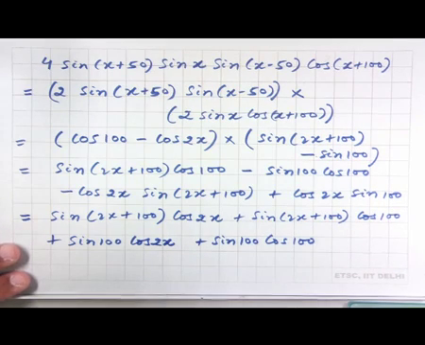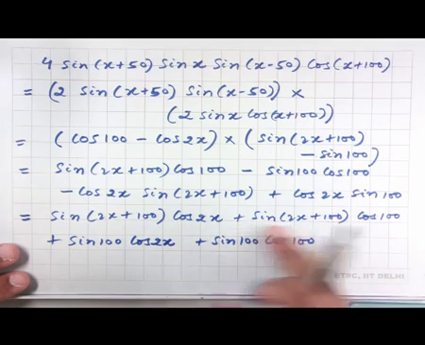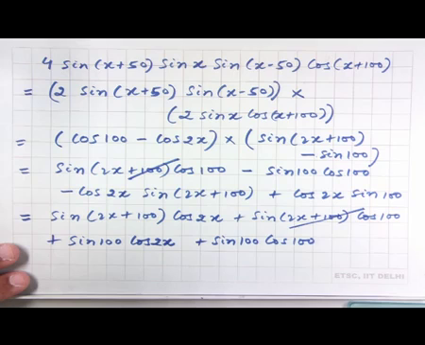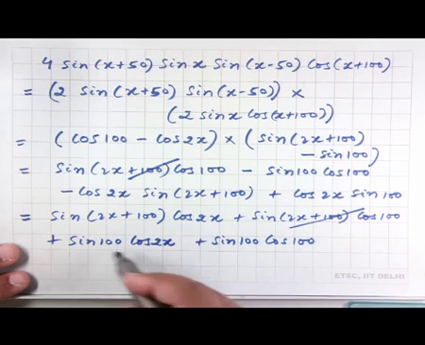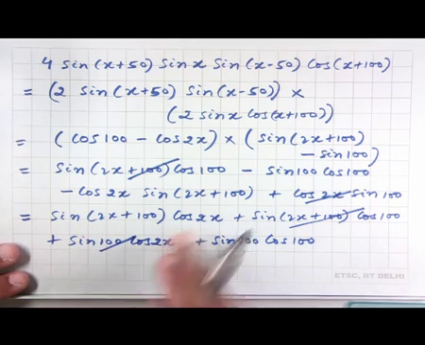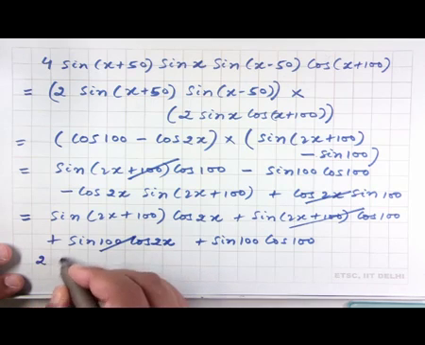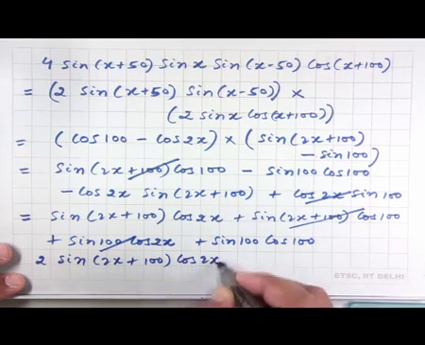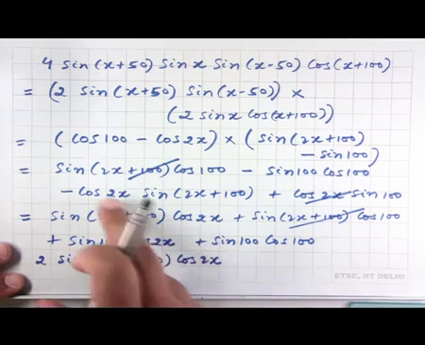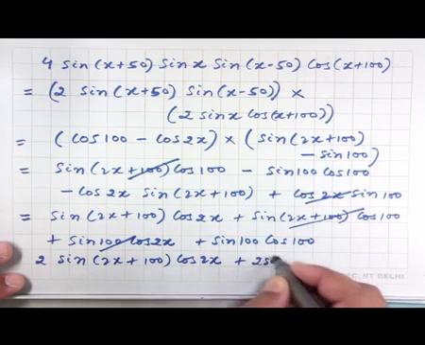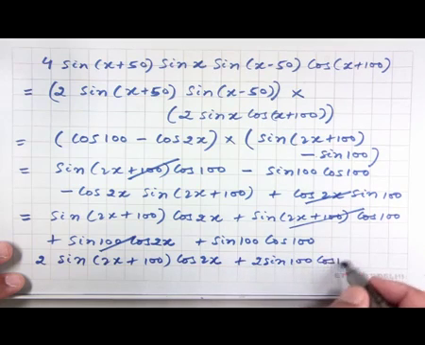And we can see that a few terms are going to get cancelled here, because this term sin 2x plus 100 times cos 100 is both here and here. So, this gets cancelled out, and then cos 2x times sin 100 is also on both the left hand side and the right hand side. So, this also gets cancelled. So, what remains in the end is 2 sin 2x plus 100 into cos 2x, which is essentially this term, bringing it on this side, and then plus 2 sin 100 cos 100 equals